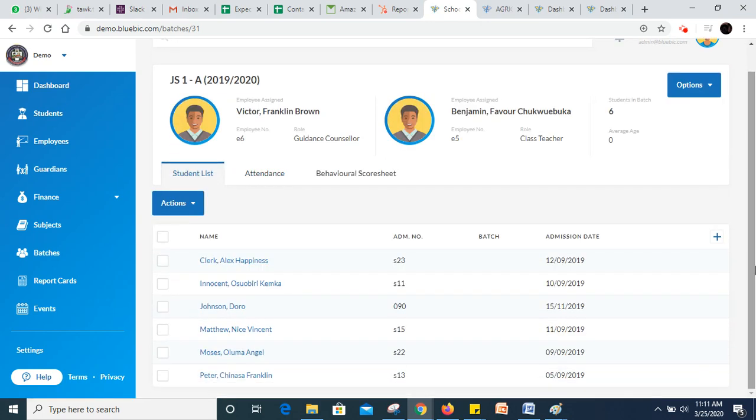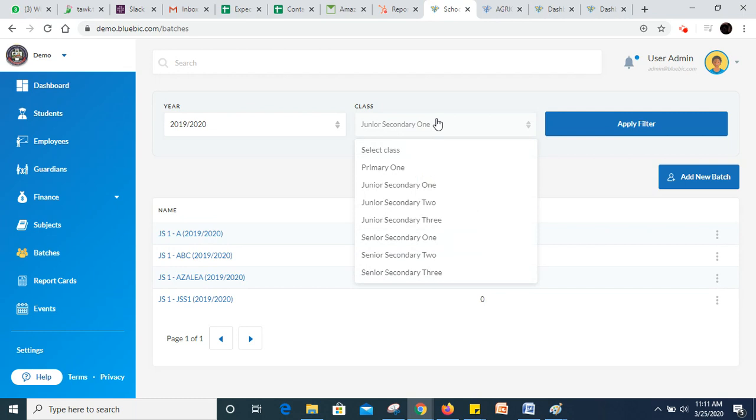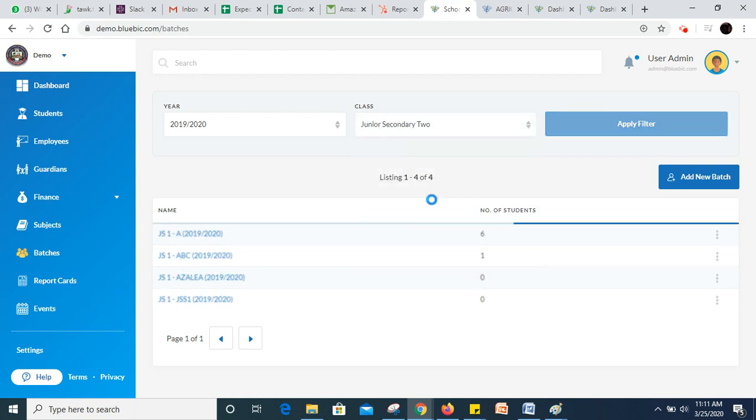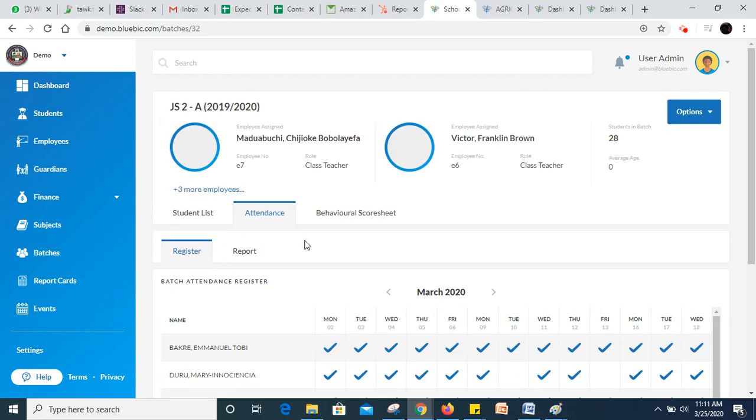So you can see that after refreshing the page, there's no James Brown anymore. He has been moved to his new class. To confirm, I go to batches again. I moved him to JSS2. So I change this to JSS2. If I click JSS2 here,